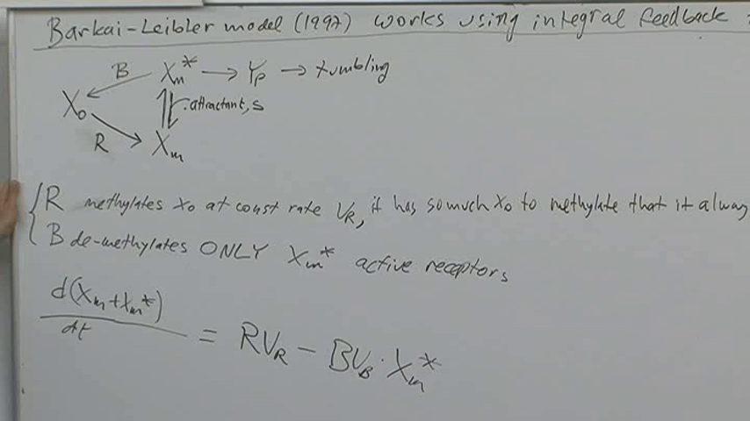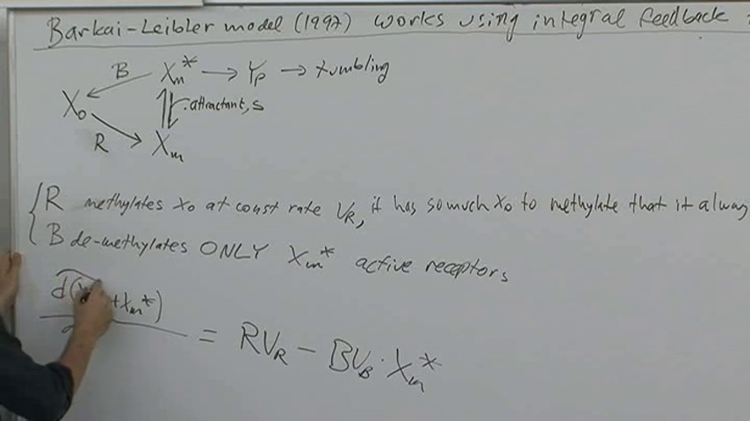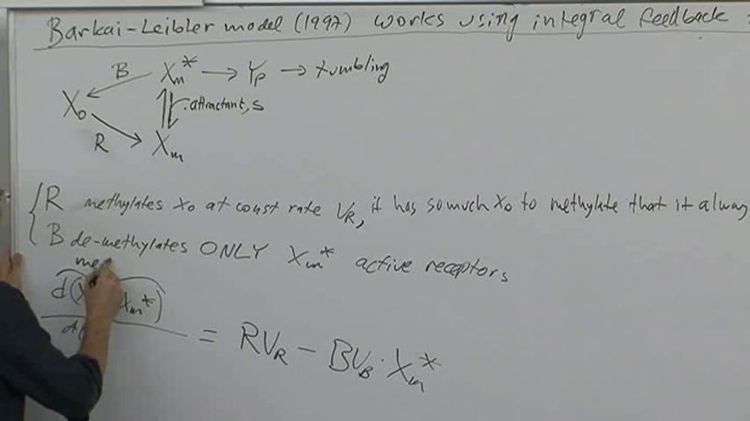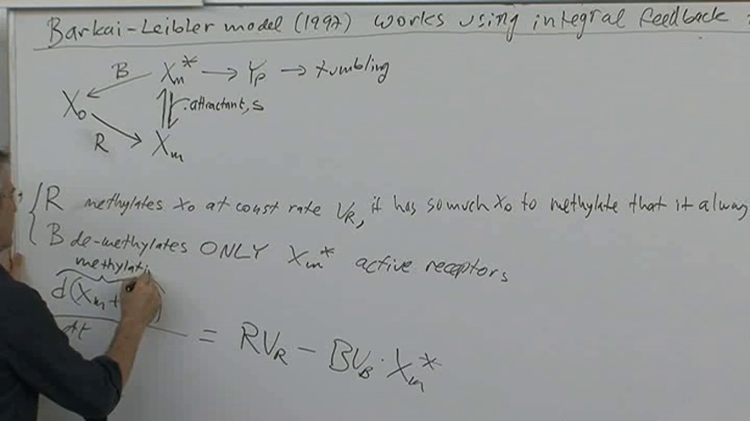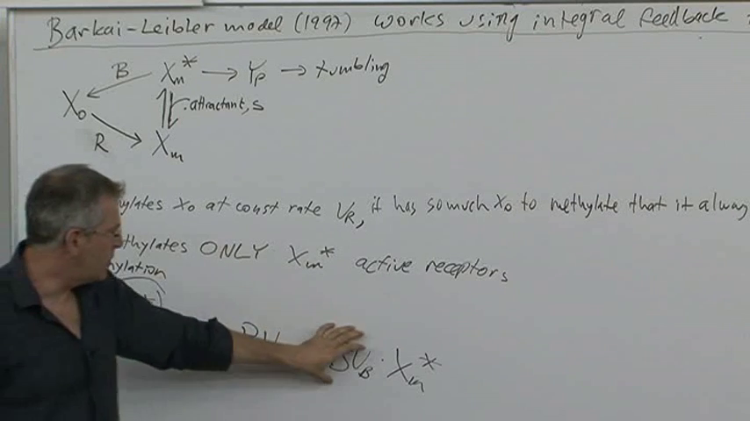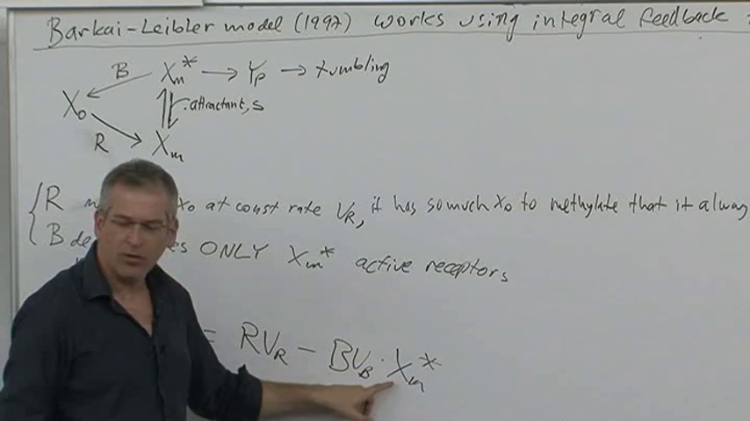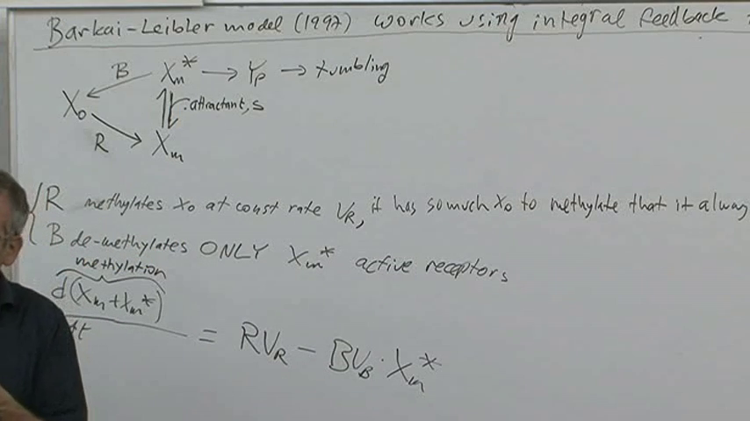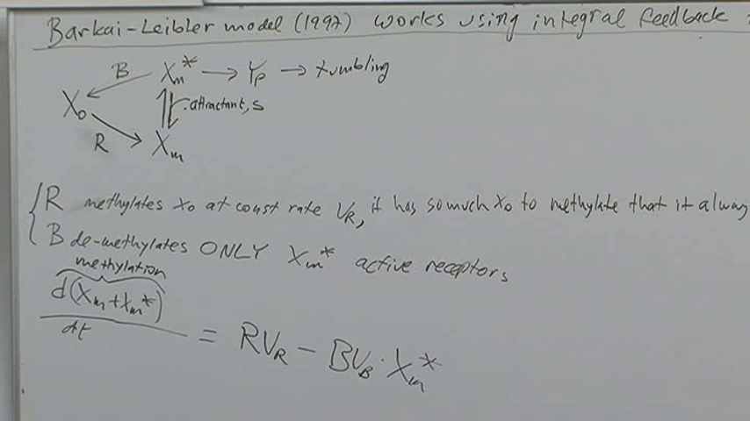That's fine. That's how much you can say. This is how much methylation there is on the receptors, and it's accumulating, and it's taken away. But it's taken away at a rate proportional to the out of all the methylated receptors, that fraction that is active. Now that fraction that is active